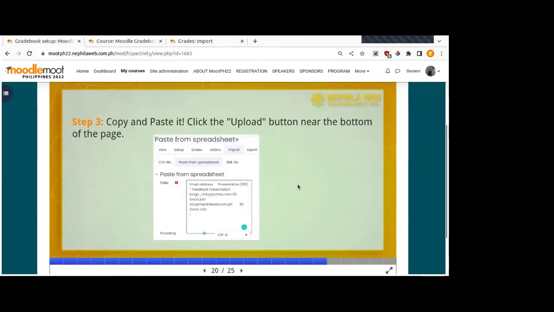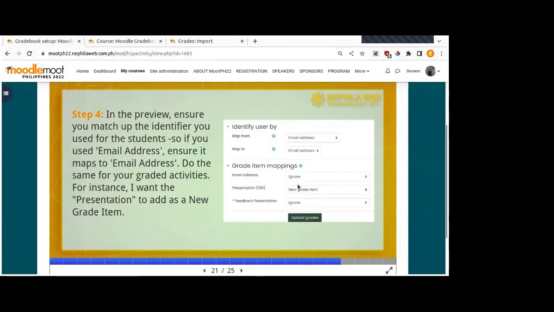So once you have your spreadsheet, you will just copy the relevant columns and rows and paste it on the text area that you have right there. After that, ensure that you match up the identifier you used for the students. So if you use email address for the student identifier, you will have to map it on the email address part, and then ensure also that the graded items are mapped on the proper grade activity or activities available on